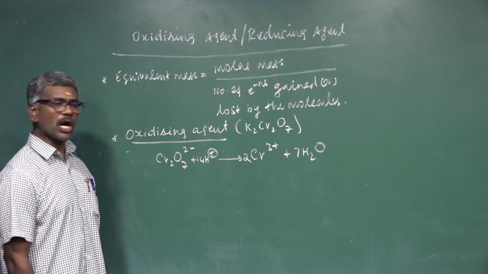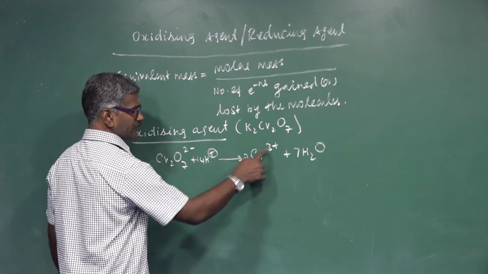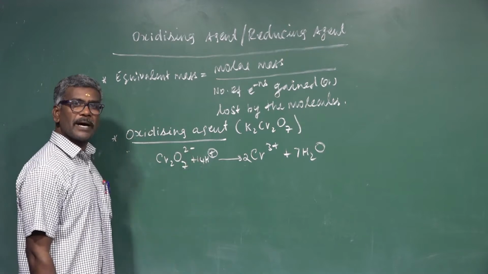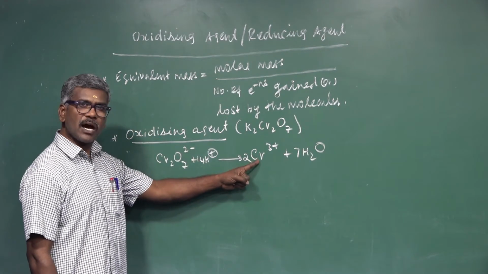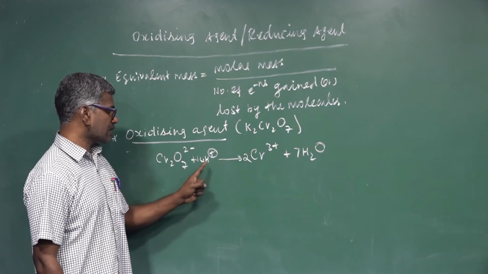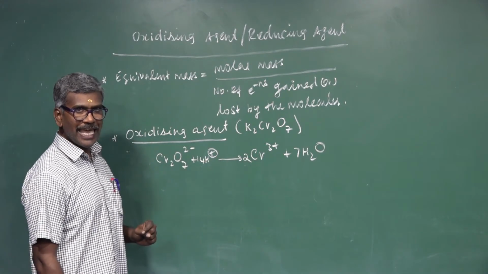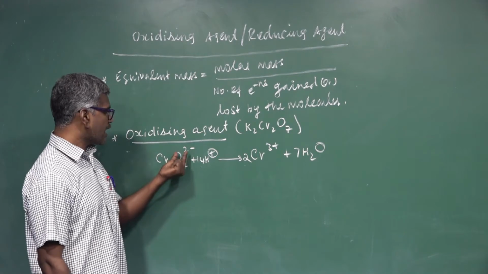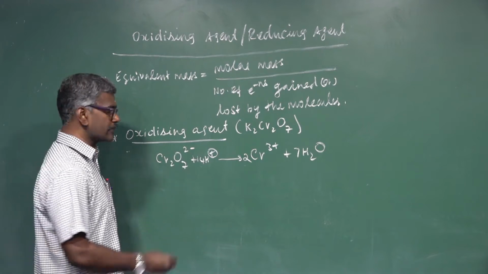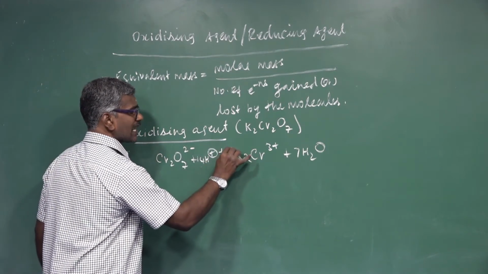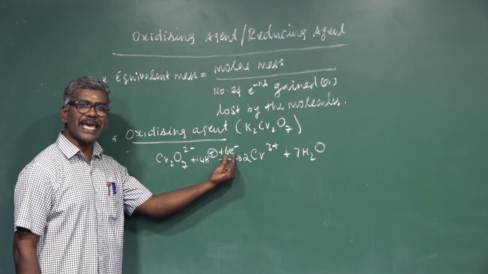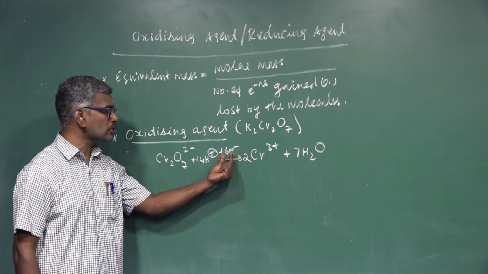Next, balance the charges. What are the charges? 6 positive charge, 14 positive charge. Same charge balance in the opposite direction. Here 6, 14, 8 positive charge remaining. Here common negative charge, 2 negative charge. Common negative charge required, so 6 electrons required. So the number of electrons gained by the molecule will be equal to 6.